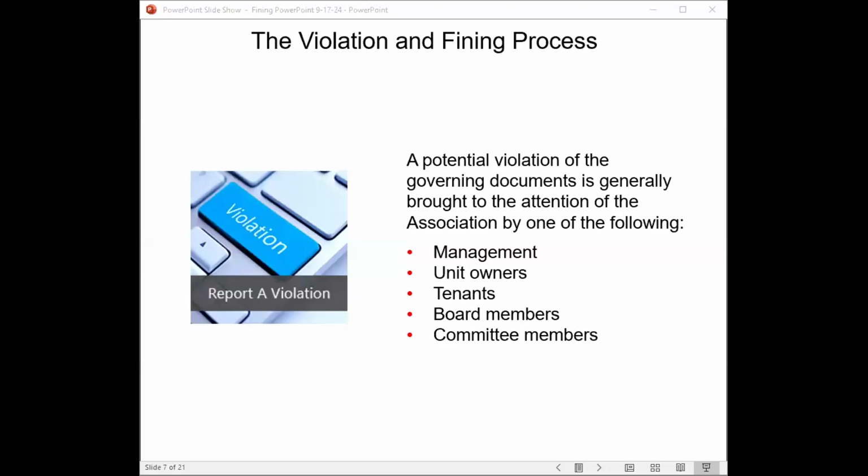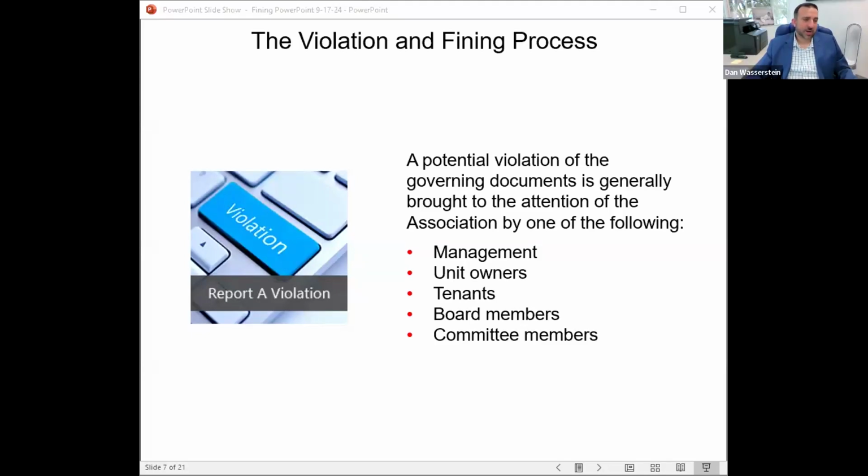And let's do one more. If you have a condo association within a master association, can the master association handle the violations for the condo association? It depends how your community's set up. Some masters are set up where they have the right to enforce the sub's documents, but generally the sub association has to enforce their own documents. Again, it can be delegated.